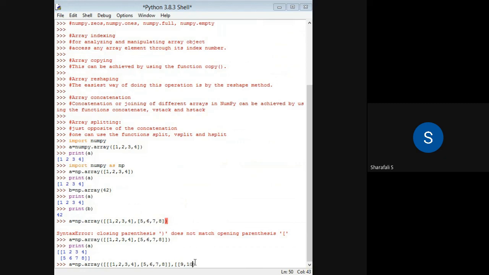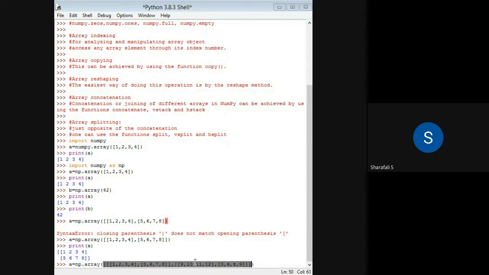9, 10, 11, 12, and 5, another value, 3, 6, 8, some value, just randomly.